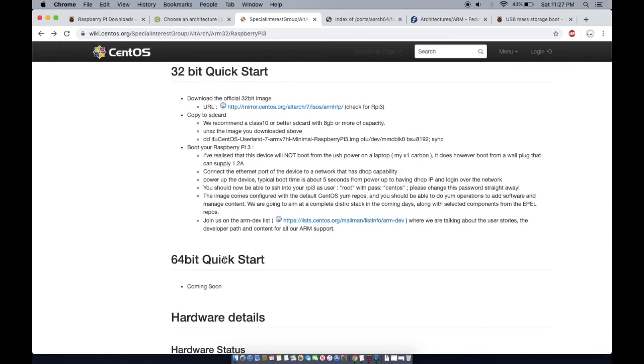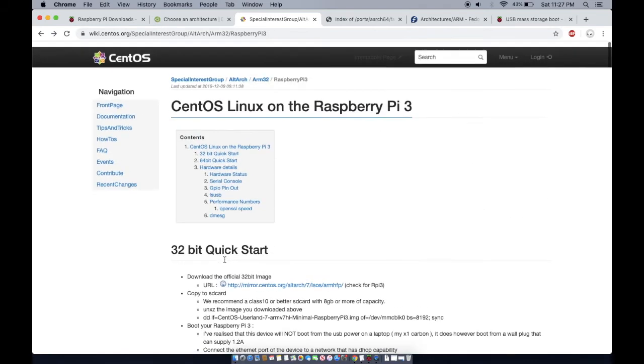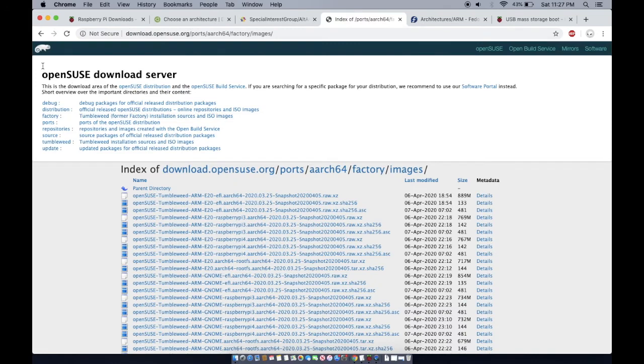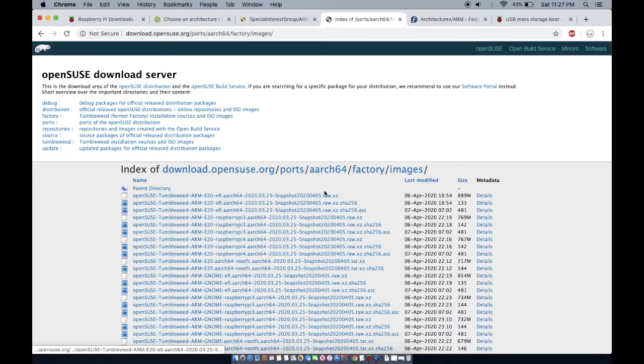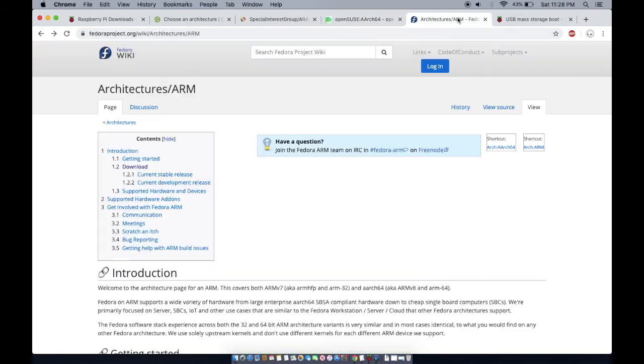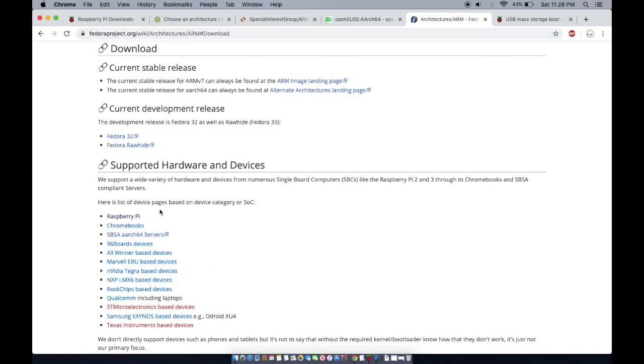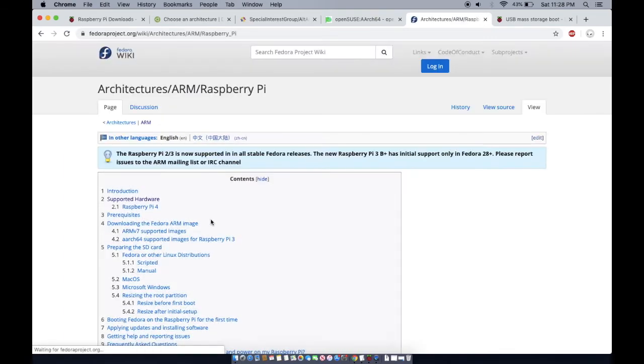So once they have an operating system ready, you should be able to install it from there. I'll put all of these links in the description. I found that openSUSE, SUSE Linux, can be installed, and here are the options that you can go through. There's also one from Fedora Core, but if I go to download, it says, if I go to Raspberry Pi,